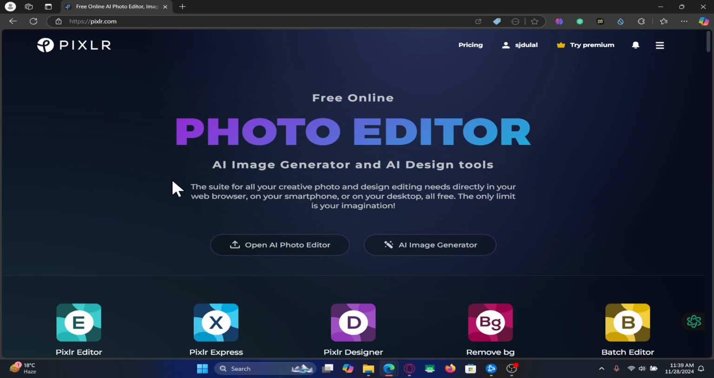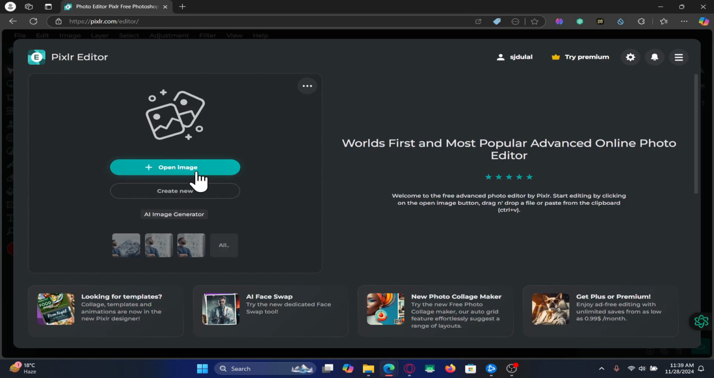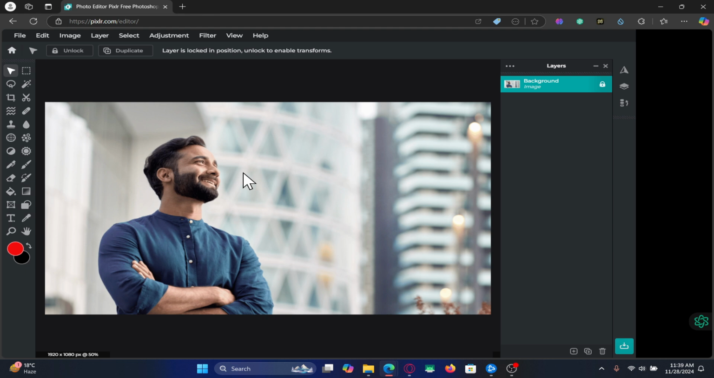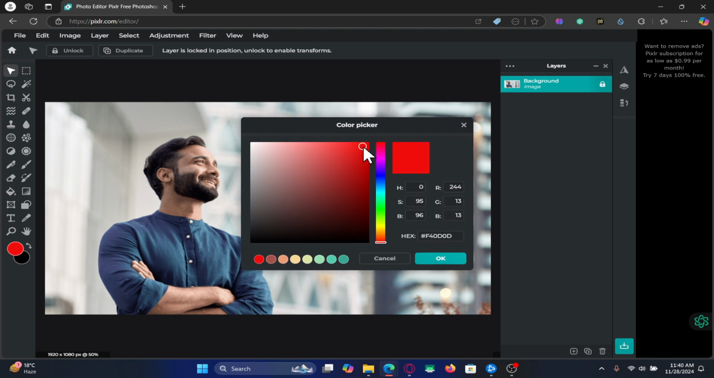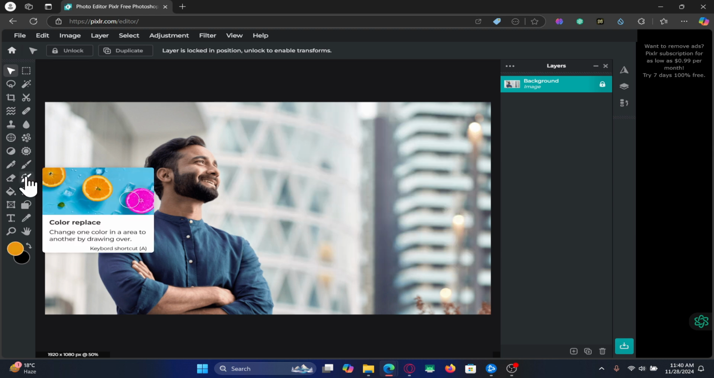Once you are logged in, click on the Pixlr editor option to get into the editor window. You can then click on open image to open up the photo that you wish to edit. Once you open up the image within which you would like to change the color, go ahead and click on the color selection option at the left side and then choose which color you would like to change the object into. After choosing your color, click on the OK button and now within the left side, look for the color